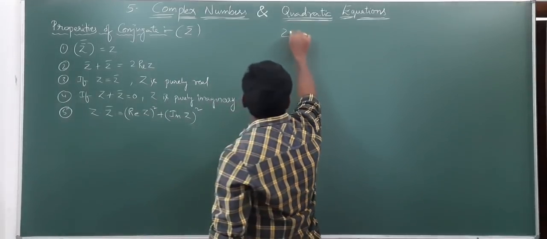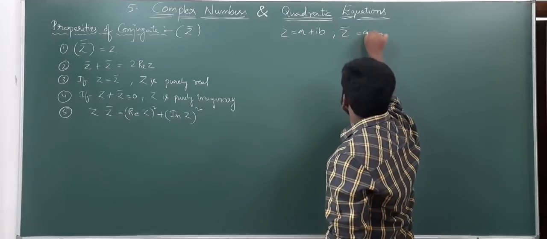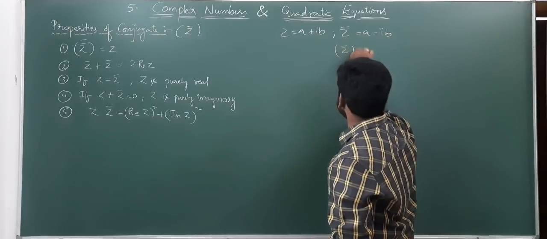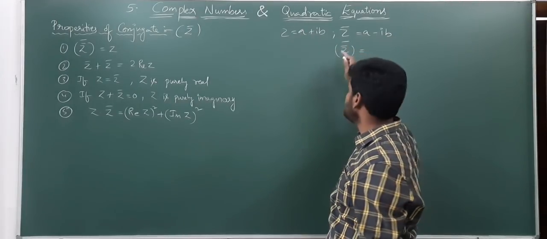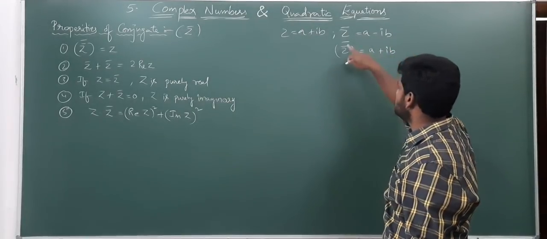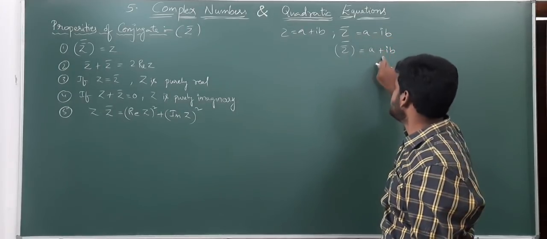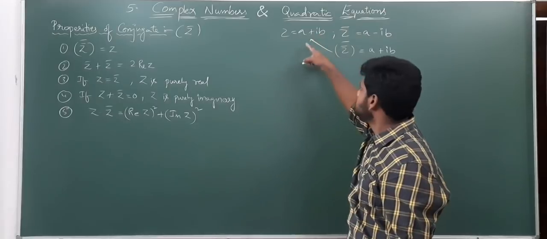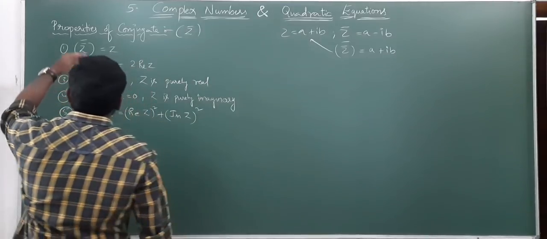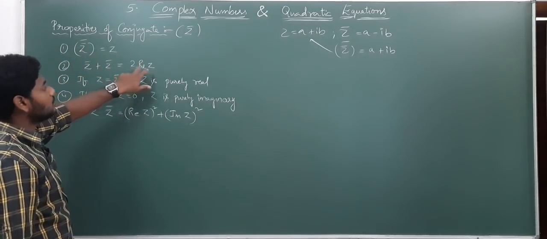For example, if z is equal to a plus ib, what is z bar? Z bar means a minus ib. For that z bar, if we again take the bar, that is the conjugate again, we will get a plus ib. Why? Because conjugate means again we put a negative sign on b, which is minus, and minus of minus we will get plus. That means z is equal to z bar whole bar. So z bar whole bar is nothing but z only. Next, z plus z bar, we will get 2 times the real part of z.